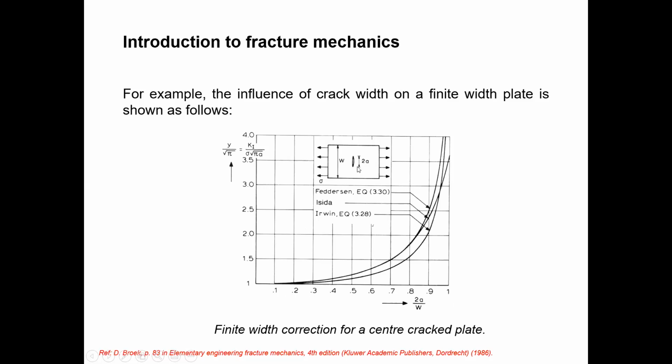So in this, the maximum value of 2A will be W. That means the crack penetrates from this side to this side. That is why, if 2A divided by W is equal to 1, it means this particular plate separates into two parts, and if it is 0, there is no crack. If 2A equals 0, there is no crack, and from here to here the crack length increases. In here W is constant, and then on the y-axis,